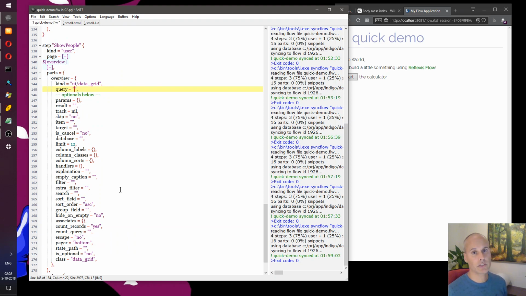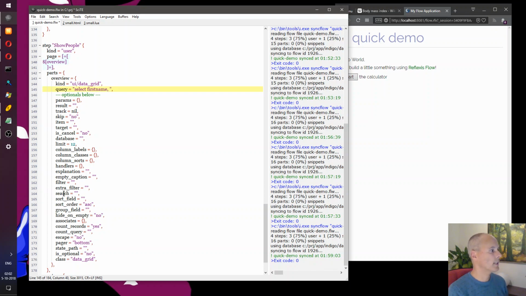Data grid really should have been called SQL grid or whatever, but it works on a query, and if you have the query, then you plug it in here.